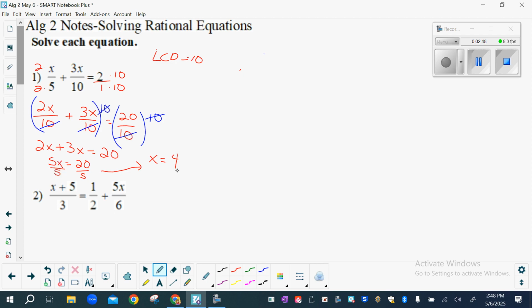Good. Okay, I'm going to show you another way to do this. I don't care which way you do it. I will usually do this way that I did here because more students seem to understand that. But if you like to do it this other way, you're welcome to do it this other way. So this same problem,